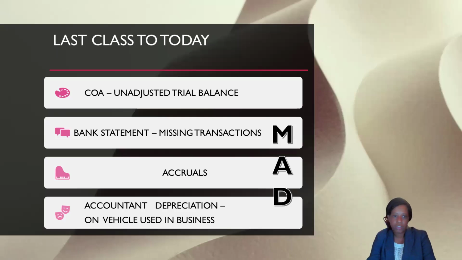Last class, we talked about the chart of accounts, and then we moved on to the unadjusted trial balance. Today, we're going to look at what is on our bank statements. On our bank statements, we may have some missing transactions, like bank fees. We may have some service fees, late fees. We're going to look at accruals,